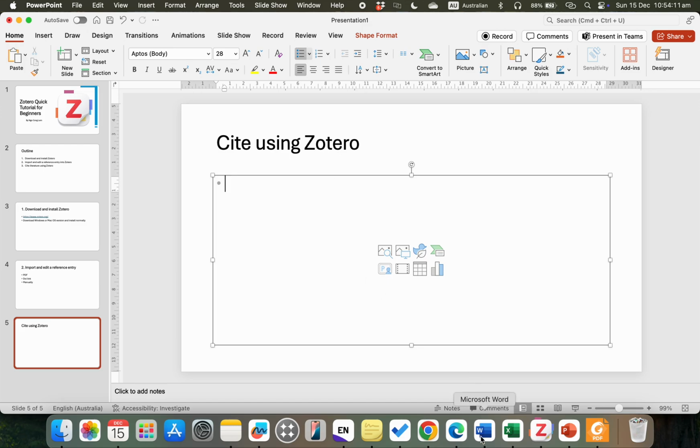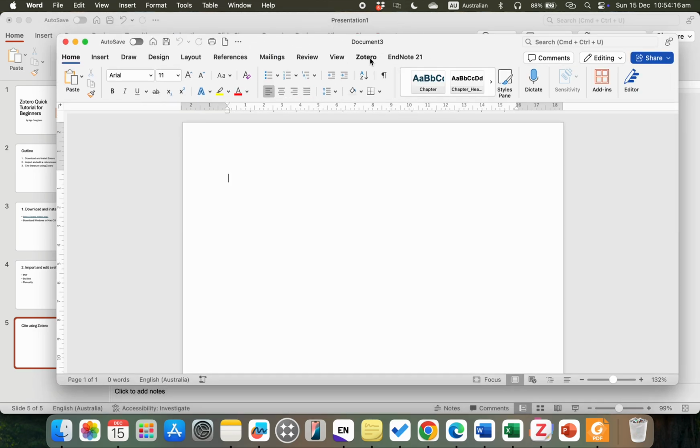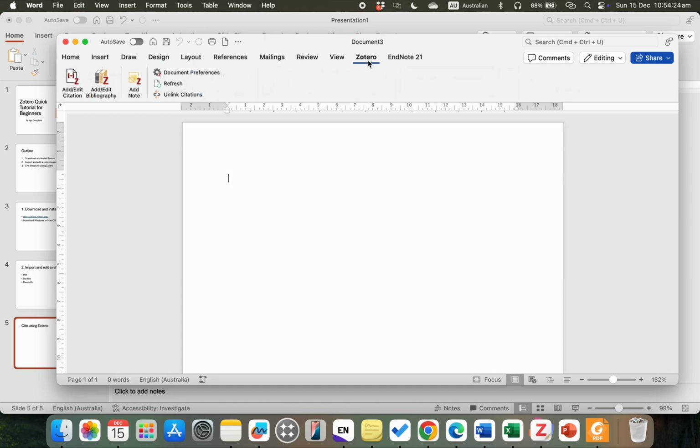Now once you install Zotero, it should add a plugin to your Microsoft Word document. Okay, now you look at the ribbon here, there's a Zotero ribbon. Okay, now for example, you are saying something like zone of proximal development. Proximal development is a concept that can be used to explain second language learning